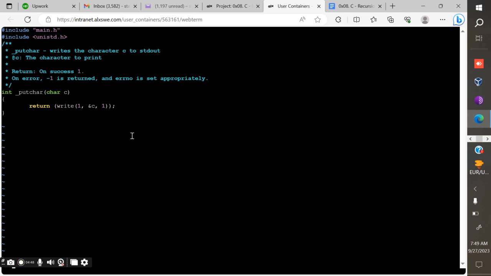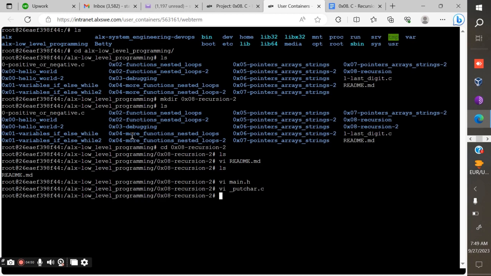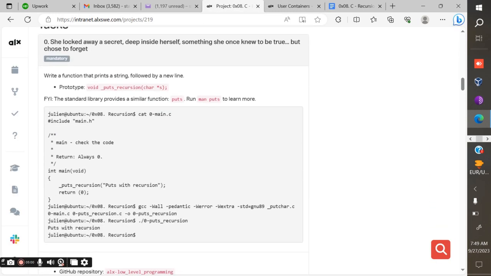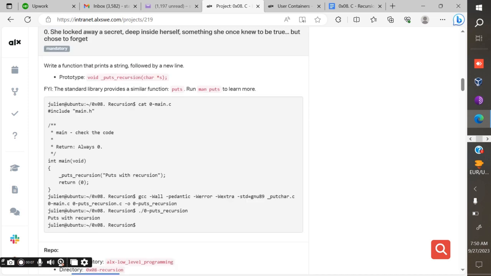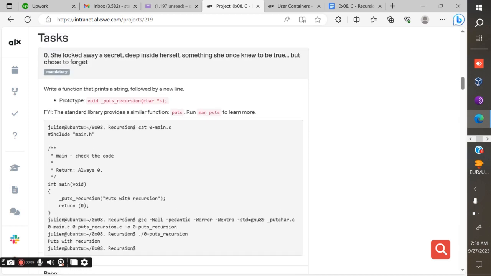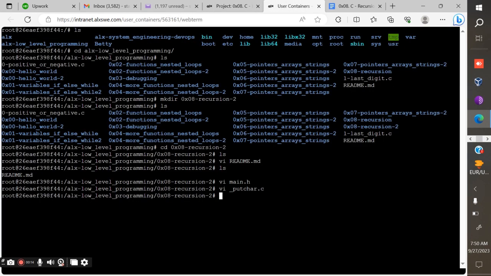Escape, :PQ. Okay, we have already done the mandatory thing. So the next part is now to dive directly to file 0. So copy the first file, that is 0 recursion. If you look at the question, you're supposed to write a function that will print a string followed by a new line. Okay, so we have the vi,